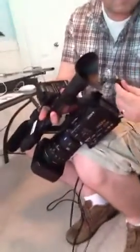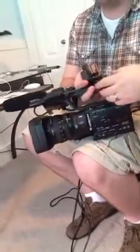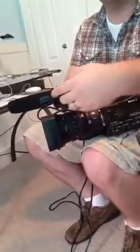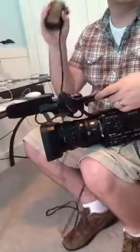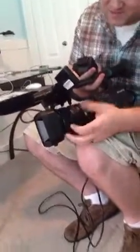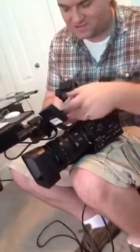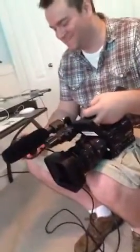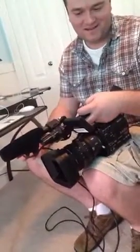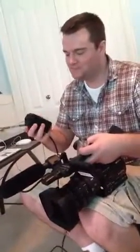Just make sure this is running while your camera's running, because you might have your camera running and think you captured everything, and then you realize that this wasn't running. Just one of those things. I'm sure you'll figure it out the hard way. It's hard because anything that's off the camera, it looks like you're recording on here, but...